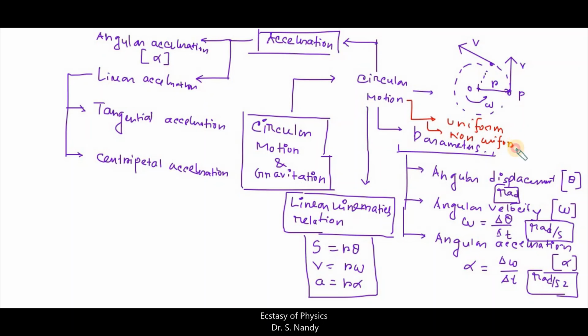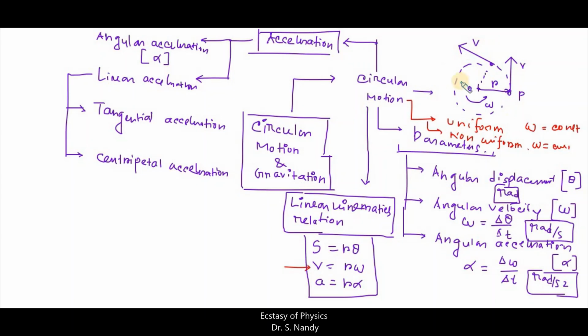Under this AP Physics course, we'll be having only uniform circular motion. Uniform circular motion means this angular velocity omega will always be constant, and in non-uniform circular motion, omega is not constant. We have defined the relationship between angular velocity and linear velocity, that is v equal to r into omega. Since omega is constant, that means v is constant, which means the magnitude of the tangential velocity is always constant.